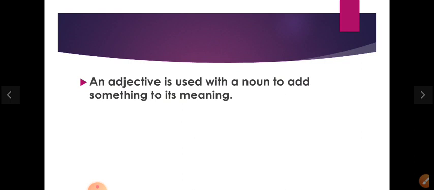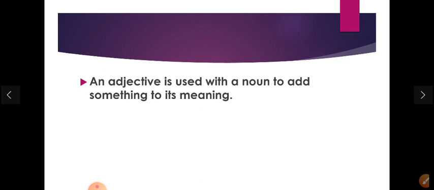Whenever we use a noun, we can use an adjective there also to add some more meaning to the particular noun word. Okay. Whenever we want to add some quality or the quantity or anything else to make it more quantitative or qualitative, we use the adjective words there